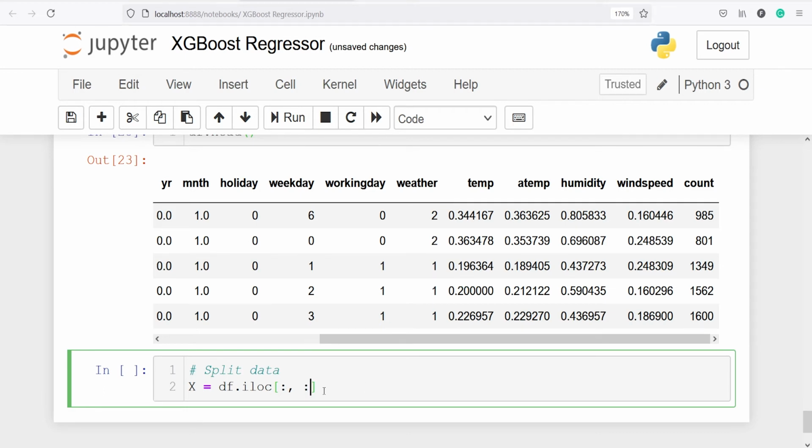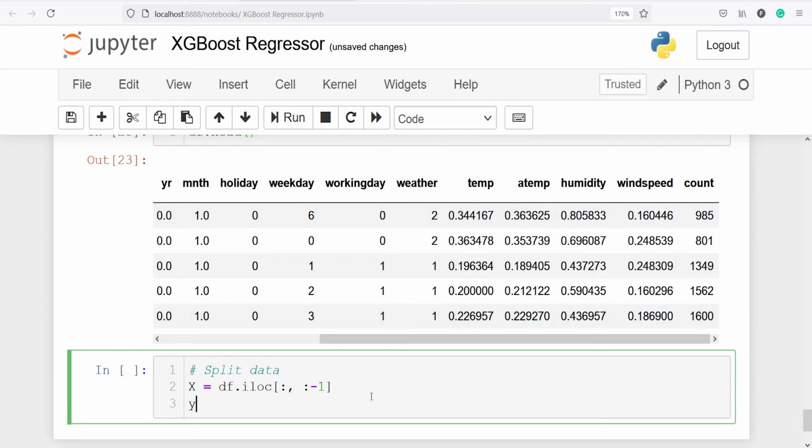For all columns I will type this column except the last column, and for that I will type :-1 because indexing from the last starts with negative, so the index number of count is -1, windspeed -2, humidity -3, and so on. So here I am saying that I want all rows and all columns except the last one, so this will not be included in our x variable.